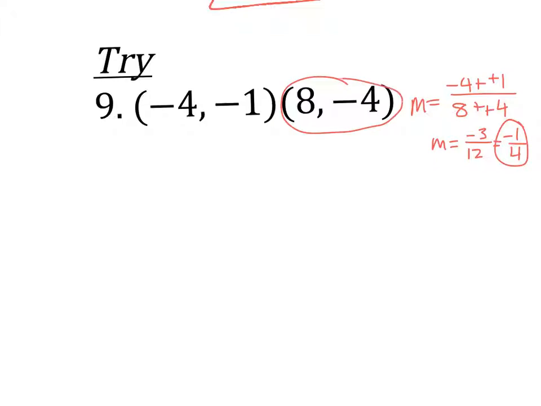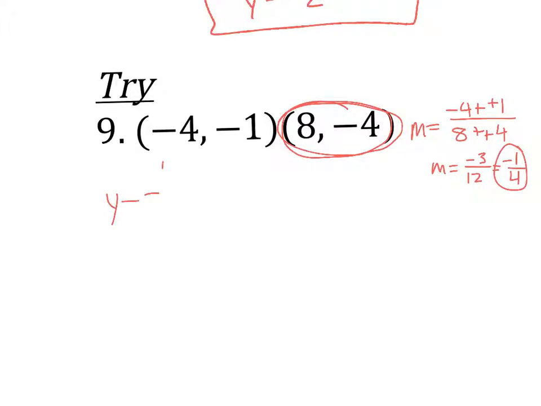Pick a point. I'll just pick this one because it only has one negative. So now I have y minus, y value for my ordered pair is negative 4, equals m that I just calculated as negative 1/4, parenthesis x minus x value is 8. All right, minus a negative becomes plus a positive. Getting y by itself, I first have to distribute, so y